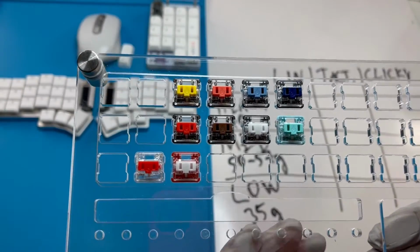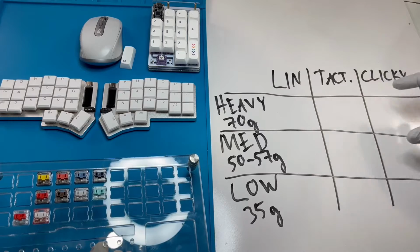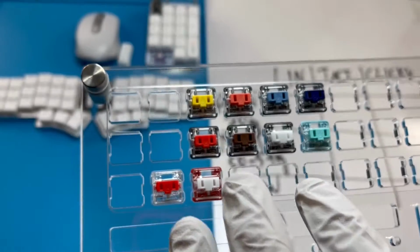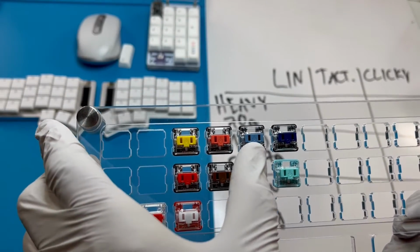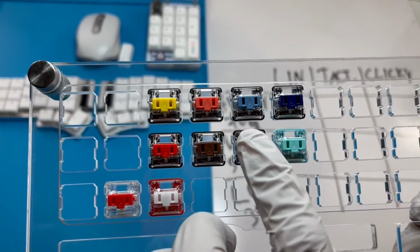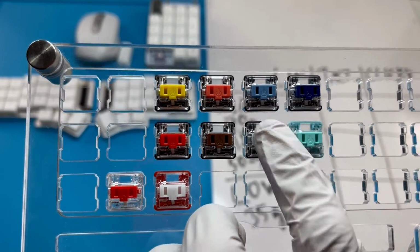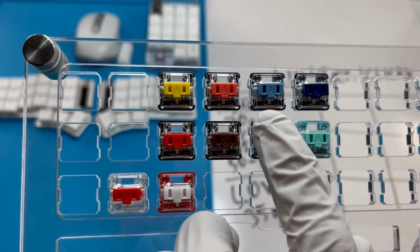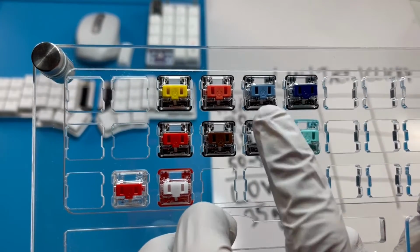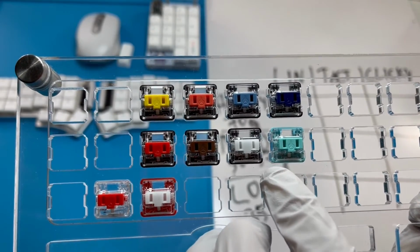And then you get to the clicky category. Like the tactiles, we just have medium and heavy for these as well. And now there's two varieties of each. You have the standard clicky, which is 50-gram white. So compare this to the brown, white, brown. Definitely more of a click sensation and a click sound. So it's 50 grams medium clicky, and then there's kind of a deluxe version, which is the Robin right here,